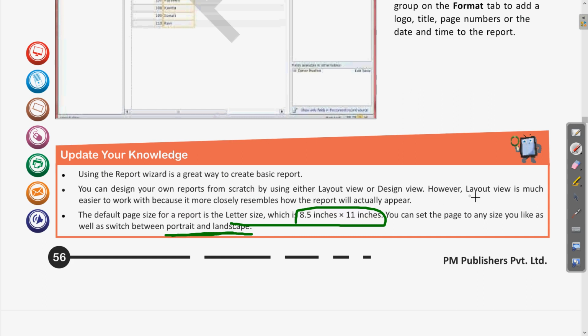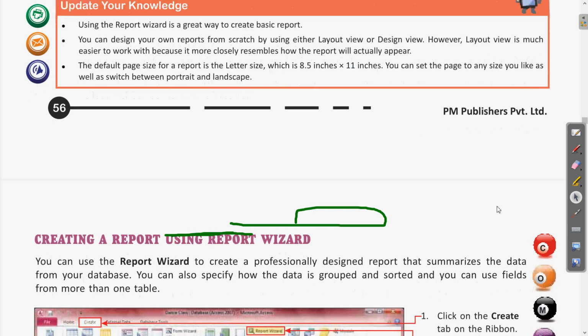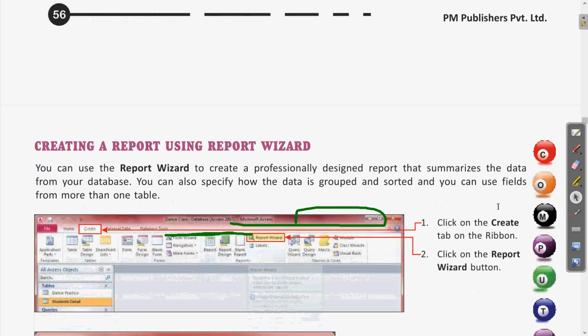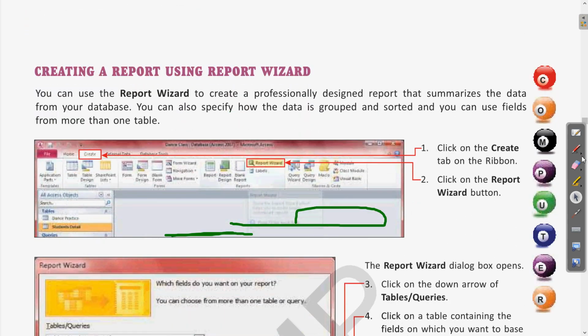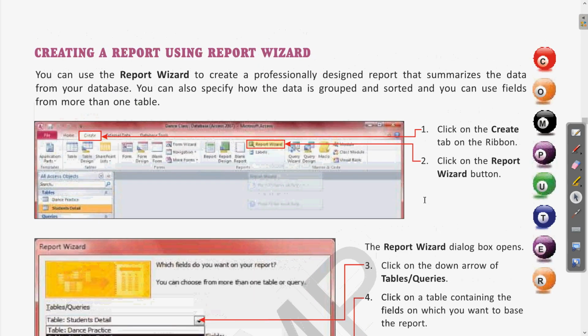Clear? So this is the specification. Now coming next, we were discussing how to generate the report using the report wizard. Earlier we have seen what the use of a wizard is. A wizard is an approach to generate reports, or whatever object we are creating, and in this we specify